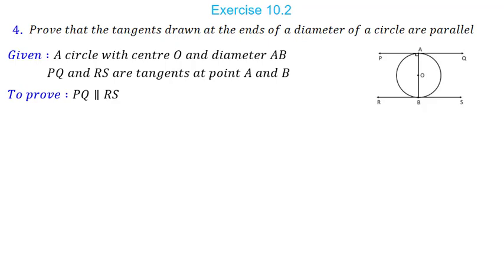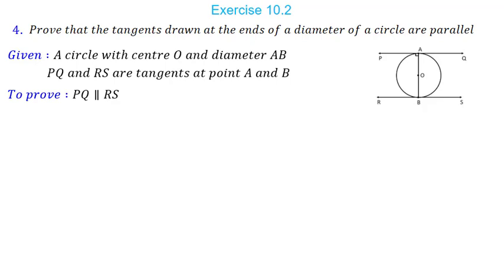Now whenever we have to prove two lines parallel, in that case we either use the alternate angle theorem, the interior angle theorem, or the corresponding angle theorem. We have already seen in our previous standards what these theorems are. When two lines are parallel, their alternate angles are congruent. So by the converse we can say that if alternate angles are congruent, then the lines are parallel. Similarly, we have theorems for corresponding angles and interior angles. For interior angles, if the sum of the interior angles is 180 degrees, that is, interior angles are supplementary, then we say that the lines are parallel.